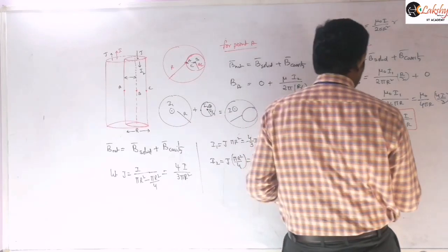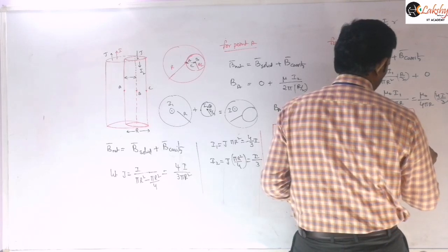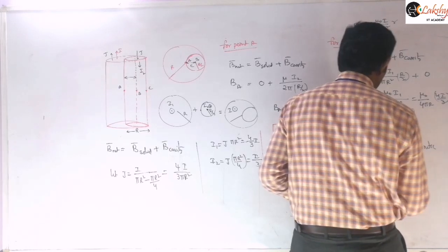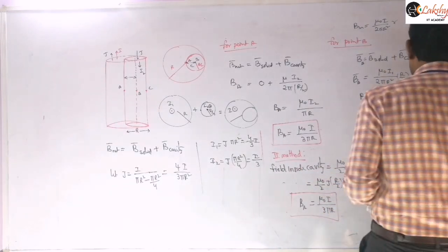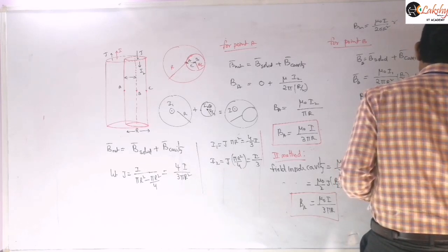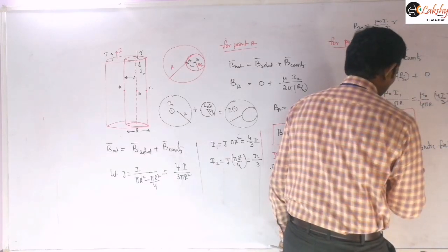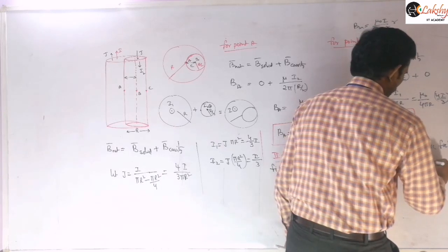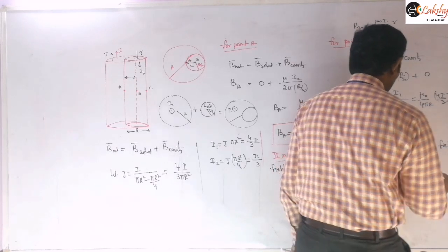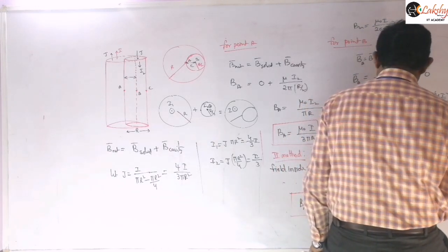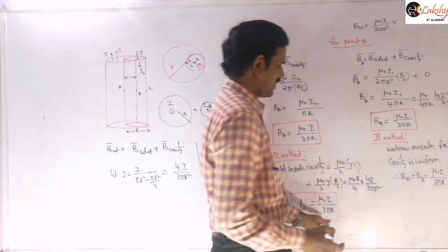So that means now here, we know the magnetic field. That means if you want to write the second method, you can write like this, or directly I am concluding that we know the magnetic field inside the cavity is uniform. Therefore the magnetic field at A is equal to the magnetic field at B, which is equal to mu naught I by 3 pi r. If you want to prove this, we can write the same derivation here.